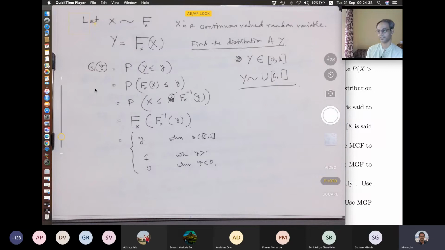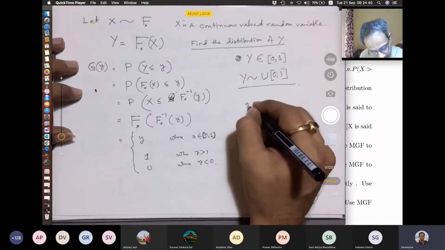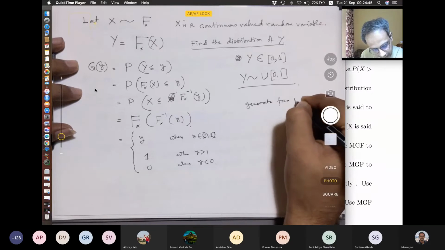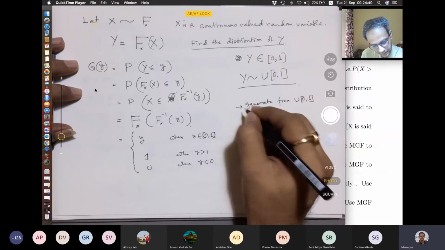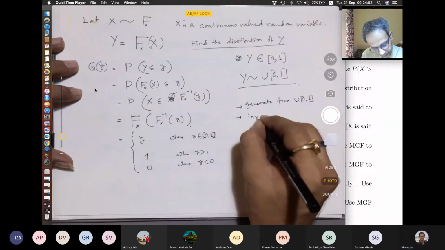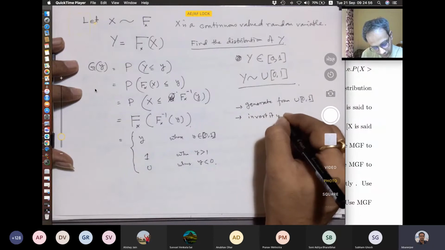So you generate from uniform 0 1, which computer in a pseudo sense can do, then invert it with respect to